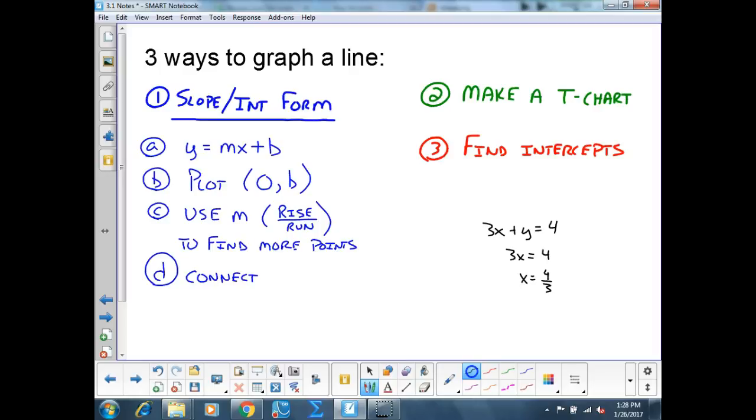Okay. Whereas I could always make this be y equals negative 3x plus 4. Okay. And I could go down 4 from the origin, put a dot. From that dot, go down 3, right 1. Down 3, right 1. Or up 3, left 1. Up 3, left 1. Whatever. Okay? With me? So the intercept method works, but you might get crazy looking fractions. And you might be divided by a 1/3 or a 1/6 or,